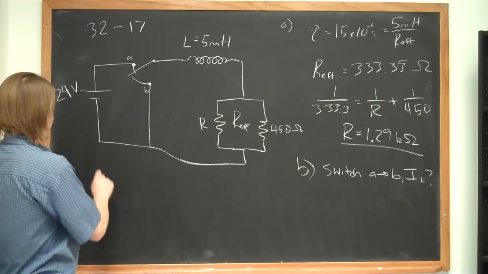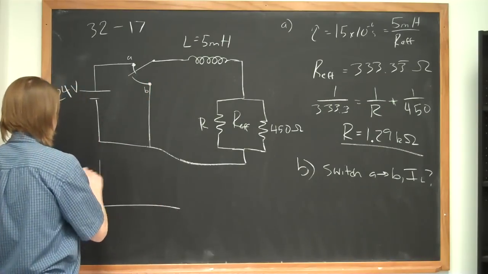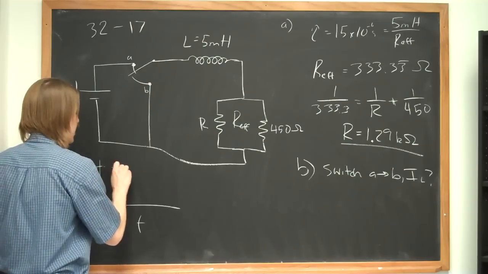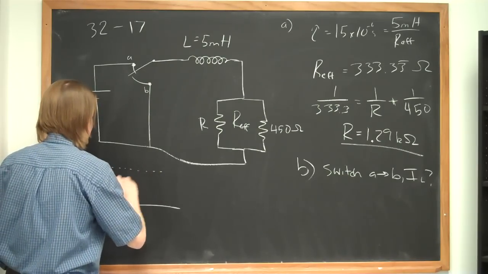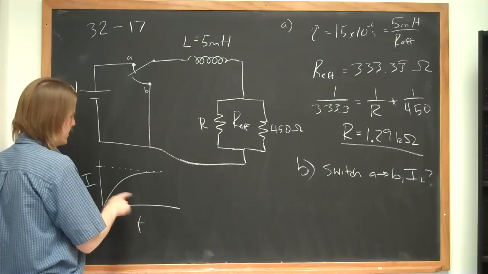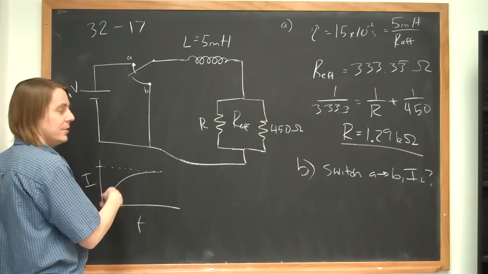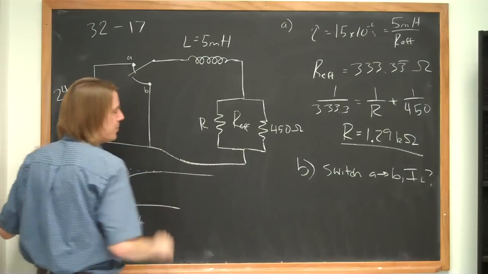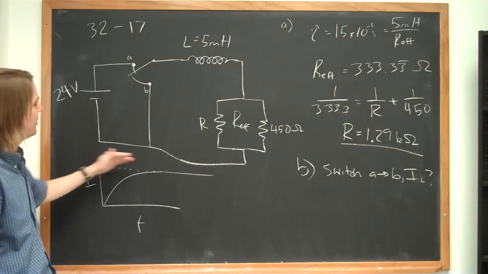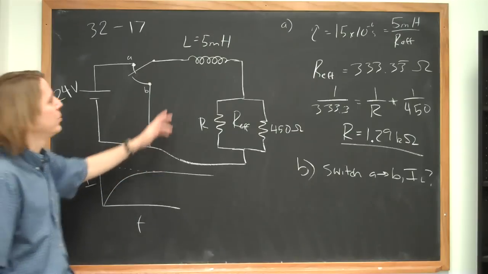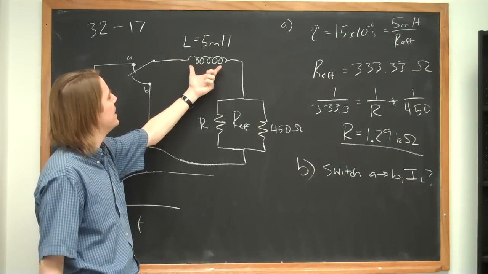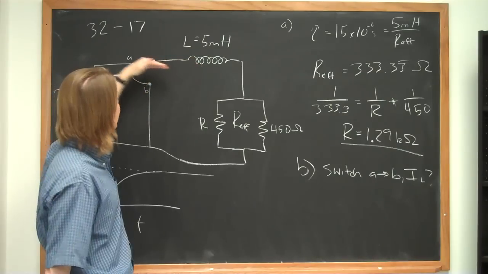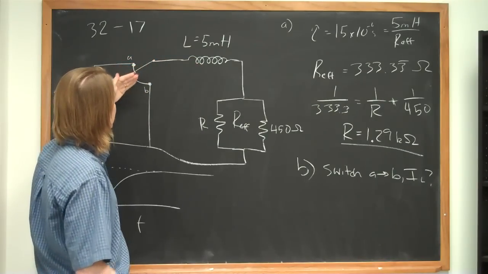In that plot that we thought about, where you're looking at how the current changes versus time, it gets up to some value. What it's telling us is the time constant to do this is on the order of 15 microseconds. So if you wait a second, you're way over here. What that means is your current is saturated, it's not changing. So you get no EMF drop here. So at the instant that you throw it, if it's all steady state,